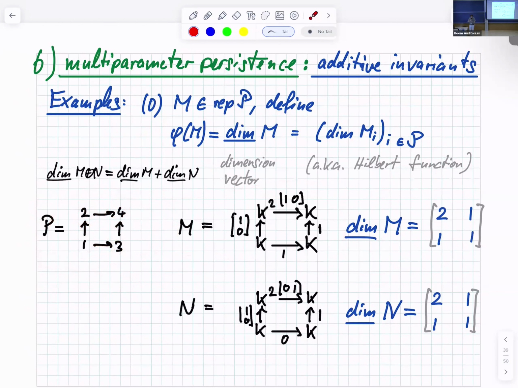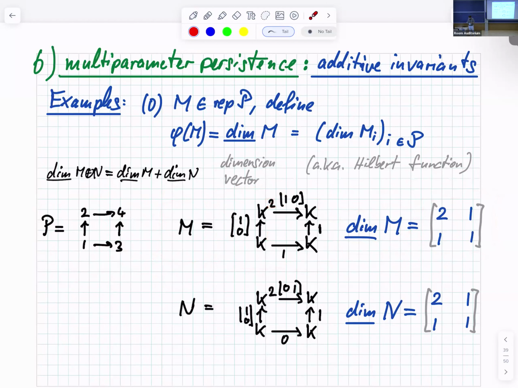And by M, you have larger modules, but that's really what the representation is, okay? So let's consider the representation M here, given like this, with maps like that. And then what's the dimension vector? The dimension vector are the pointwise dimensions, yeah? So I've got dimension 1 here, 2 here, and 1, 1 here, and I just write them down in a nice